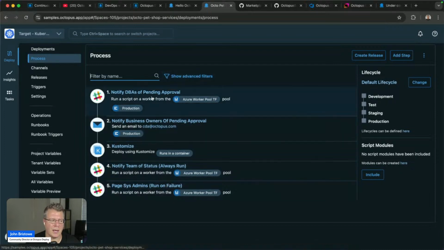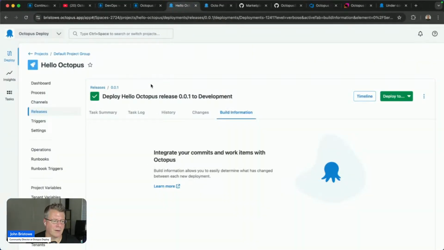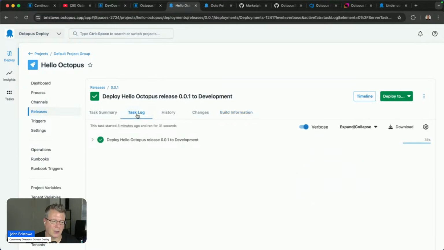So this is an example of a deployment process that you could potentially have as part of an environment like this. You can see here, these steps vary widely and allow you to define these things really well as part of a deployment process. So in summary, what you've seen is how we define a project, how we define a deployment process, and how we get an audit log of that.